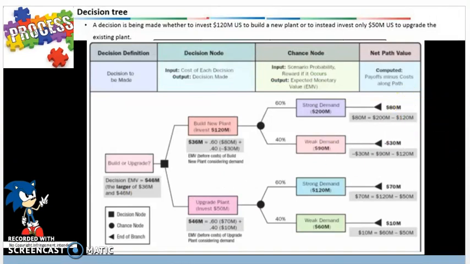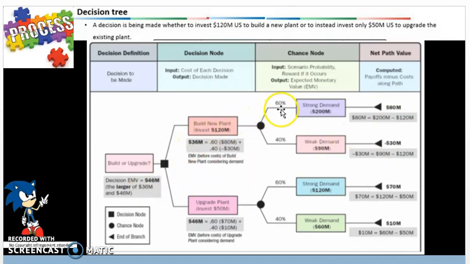Here we're going to have the probability times impact, and here you can see that the path on top has the highest expected monetary value in return. So here we take a decision to build or upgrade. So now we look at build versus upgrade and take the dollar amounts times the probability, and we get 60%, 40%, multiply that by the actual demand value, and by multiplying all these values we come up with the highest value. Out of all of this, we see that $80 million is the highest value,